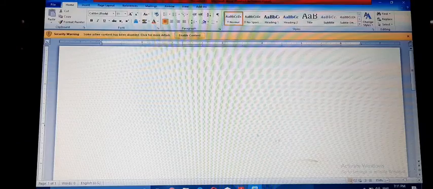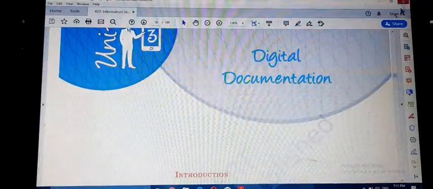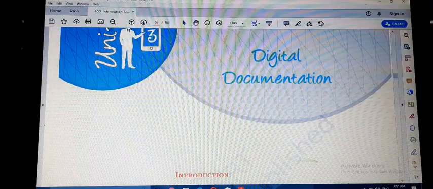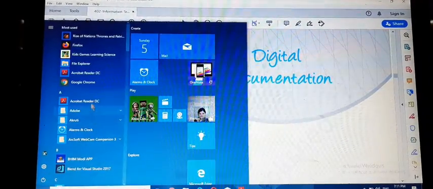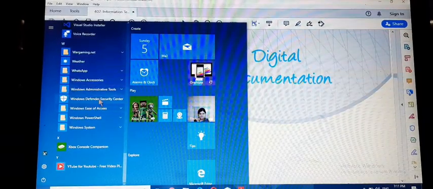This is your MS Word window. To start MS Word, you need to click on the Start button, then select the MS Office.